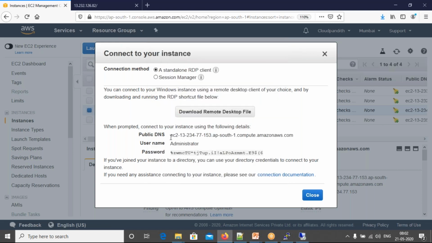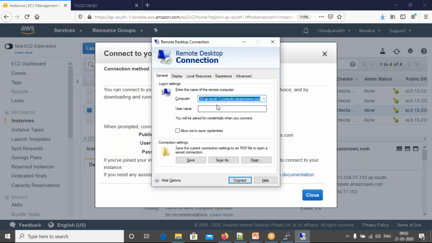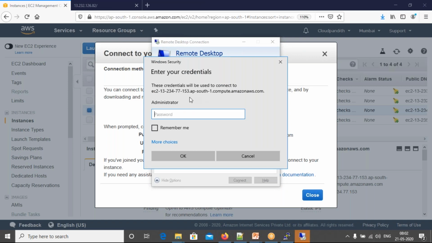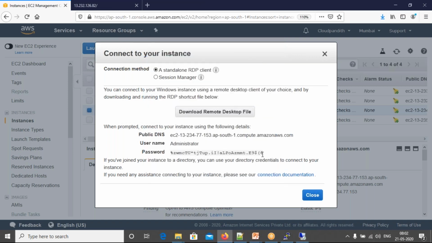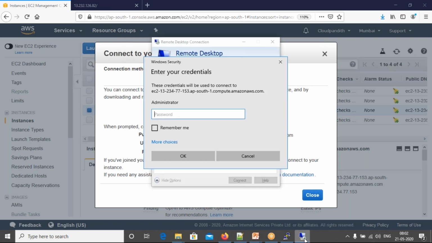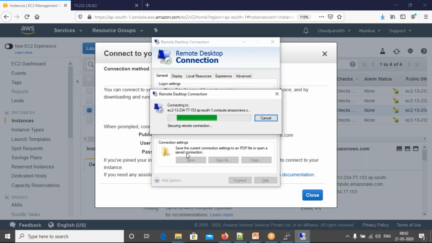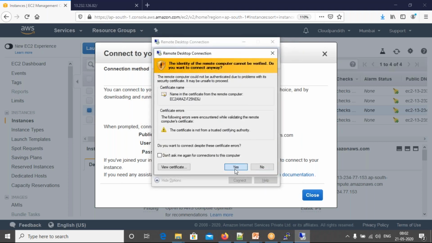You can put whatever name you are getting here. That name I have copy pasted here. Next, the username is administrator, copy it and put that username here. Next click connect. Okay, now it is asking for the password. How to get the password? This is the password. Copy this and go here and put the password. Click OK. So this is how you are going to connect to the Windows machines.